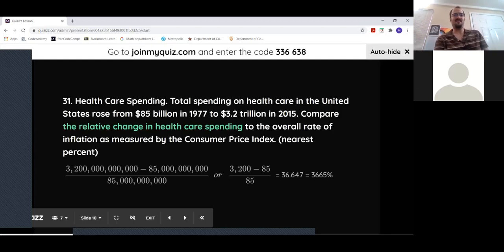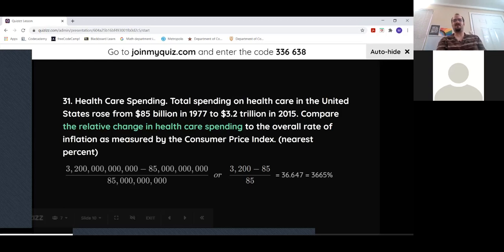But if we take away the same number of zeros from everything, or just think about things in billions, right? 3.2 trillion is 3,200 billion. This is probably what I would do in my head. I would just convert things to the units of billions. And if you do that, you get the same ratio as this. It's the same thing. It should give us something like 36.64 when we subtract these two things and divide by 85,